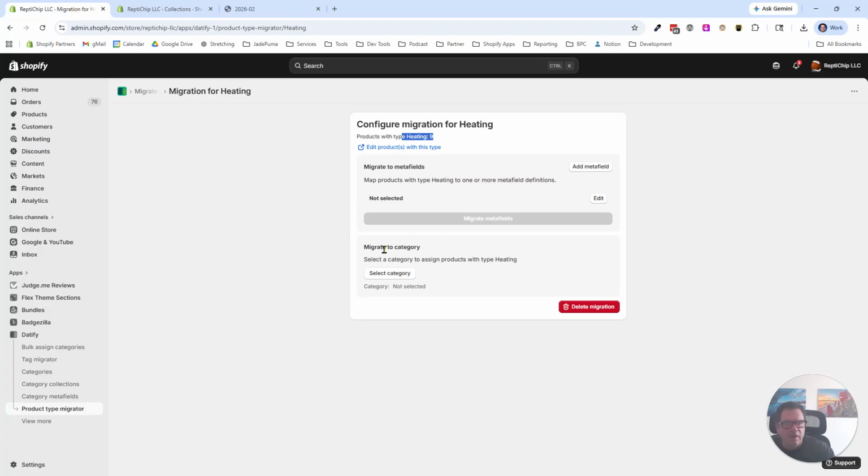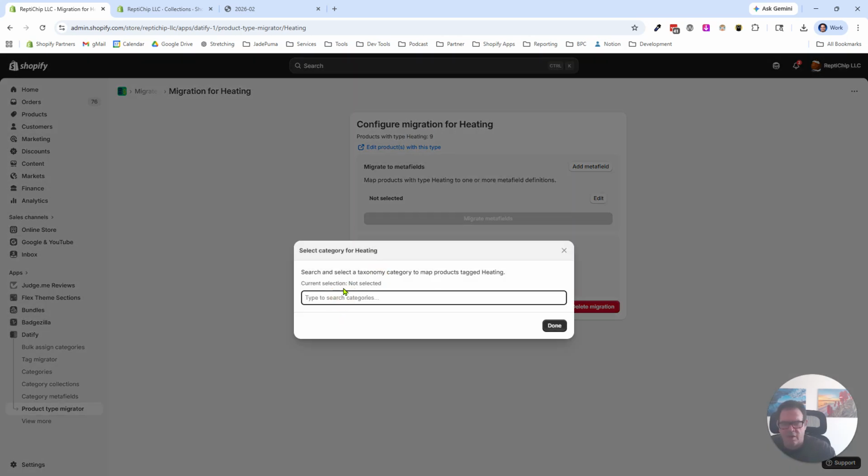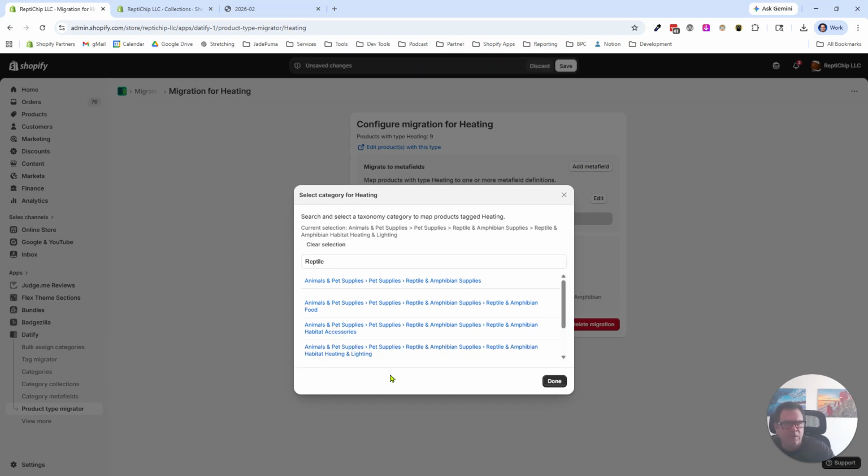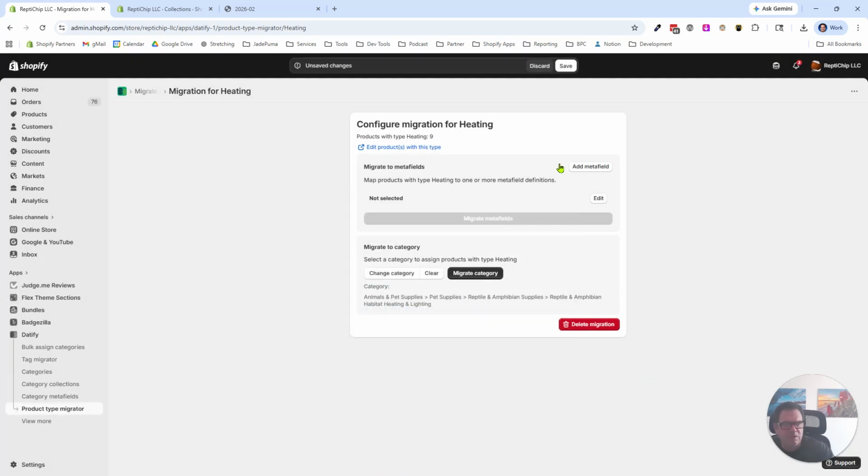So here, I'm going to migrate to a category. I'm going to select my category, and I can type in some words. I'm just going to type in reptile because the store is about reptile supplies. And I can see here habitat, heating, and lighting. So that's what this heating product type means in this store. So I select that, I say done, and now I can save that. So when I go ahead and migrate the category, it'll set the product category for all these products to the